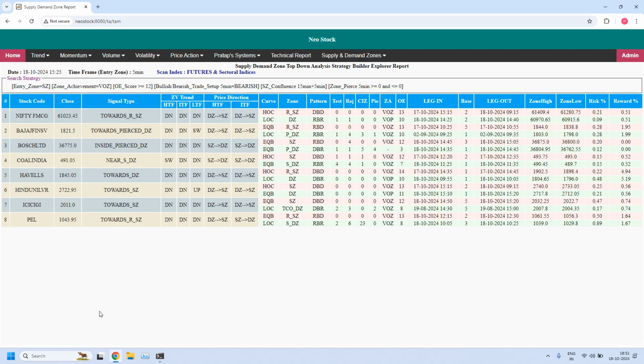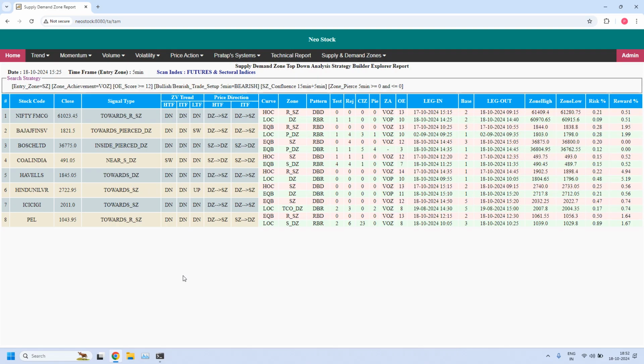We got 8 stocks. All these 8 stocks are supporting bearish trade setup for hourly income trade, and also the entry time frame 5 minute supply zones are part of the 15 minute supply zone. And 15 minutes trend is downtrend. If any of these stocks are having